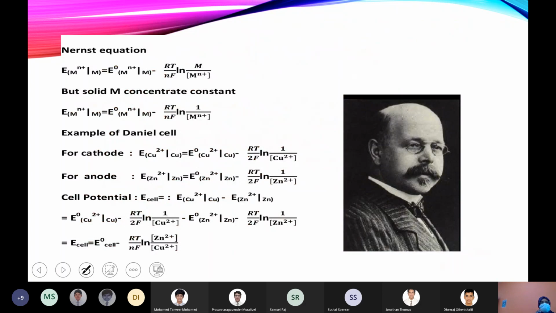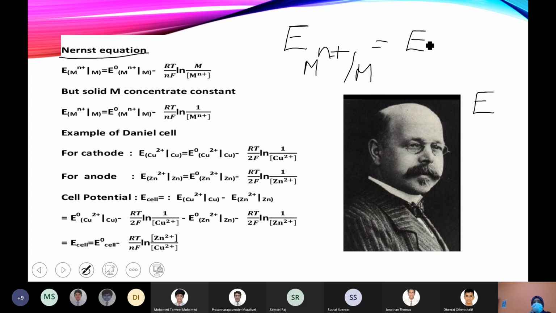See here, taking an example, this is the Nernst equation for an electrode potential E. They just use M as a metal. So you can see Mn plus, that is the metal in some oxidation state, it can be 2 plus or 3 plus based on the metal, slash M. If we simply write E, that means electrode potential under non-standard condition. If it's a standard condition, then you have to write the value E0. So E0 or E standard is the original value measured under standard condition.